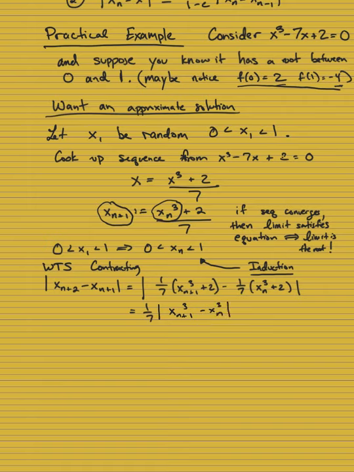Okay, so this is good, right? We've already gotten our sequence in terms of a difference of the terms in the sequence that came earlier. Okay, so we want to bound this